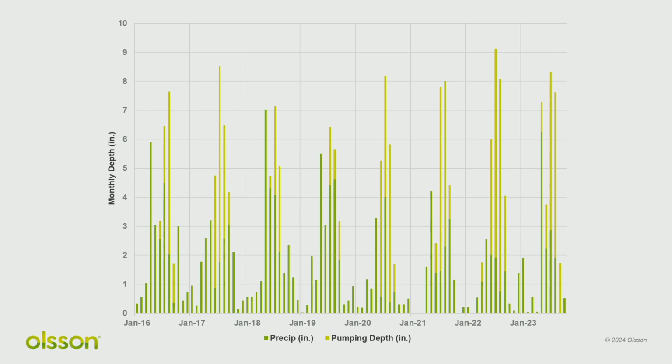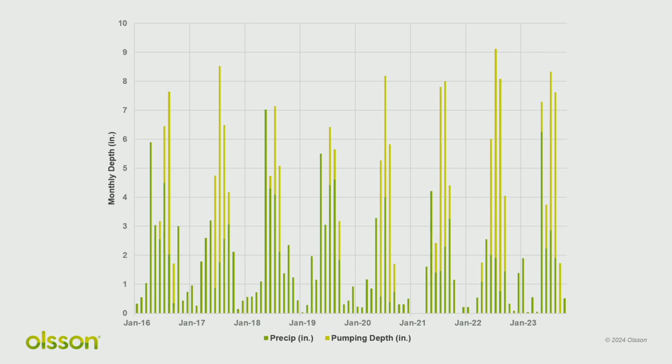So here we can look at both the monthly precipitation that fell on this field, as well as the pumping depth that was added to that. And you can see a couple of interesting features. Like in 2016, 18, 19, they had a really wet spring, and that delayed irrigation. But also, to some extent, those were the events that produced a little bit of a surplus of water, and you'll see that in the next slide.